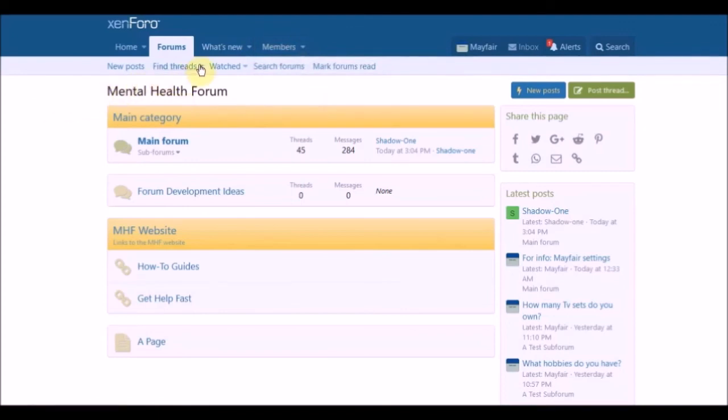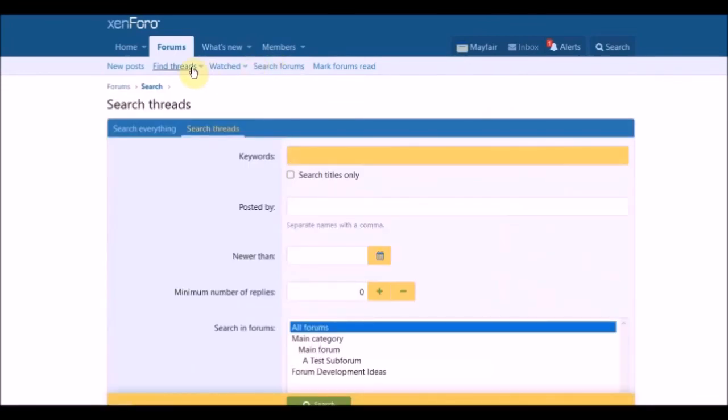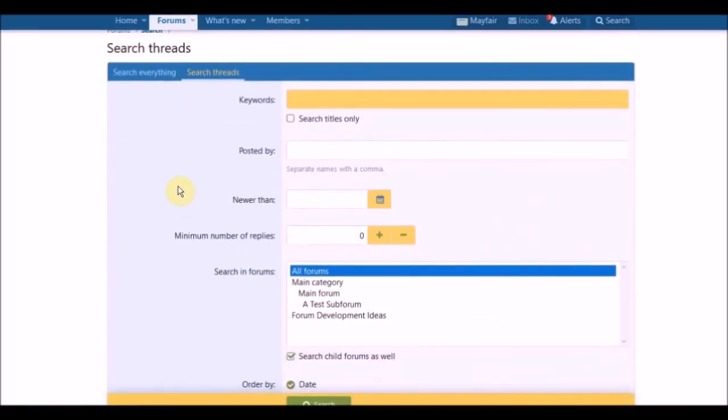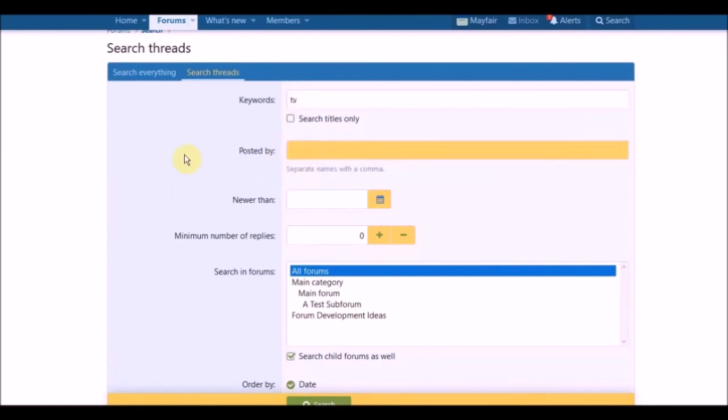Then find threads. So if we drop down there, we've got your threads, that's everything you started. Threads, I can't actually read that because it's out of focus in the film that I'm recording on. Search forums, obviously everyone knows search forums has always been absolutely useless on most software, but it's excellent on here. And as I remember, and I'm going to keep it in, it actually didn't work when I did it first time. So keywords TV, posted by Mayfair, it brings up my name,